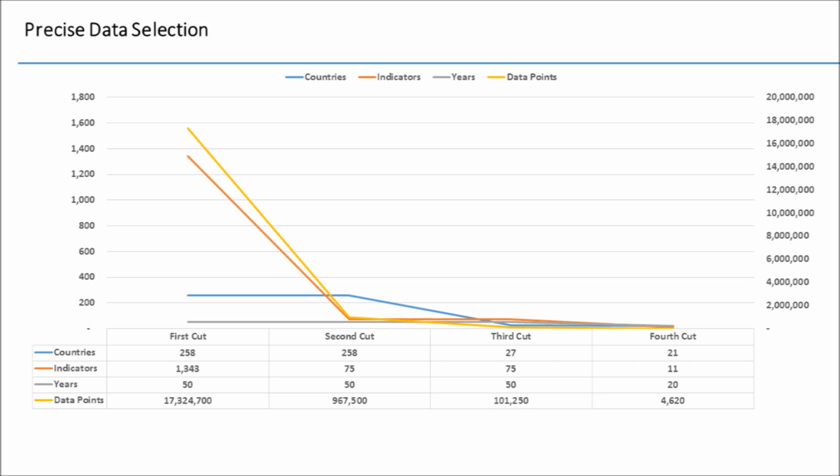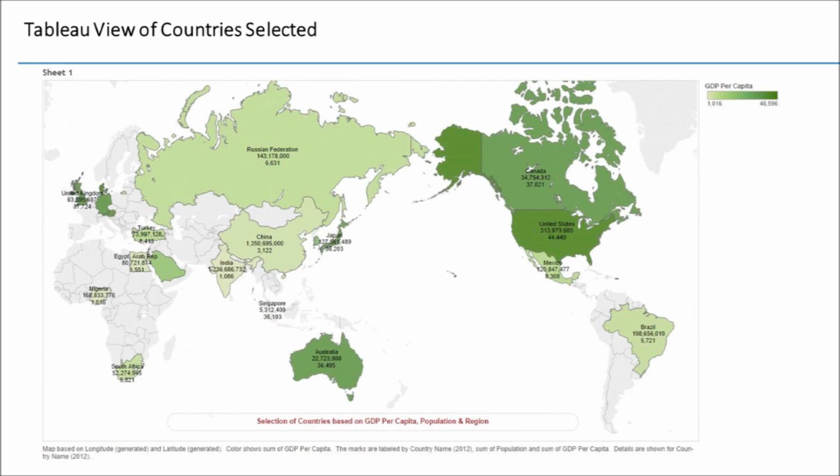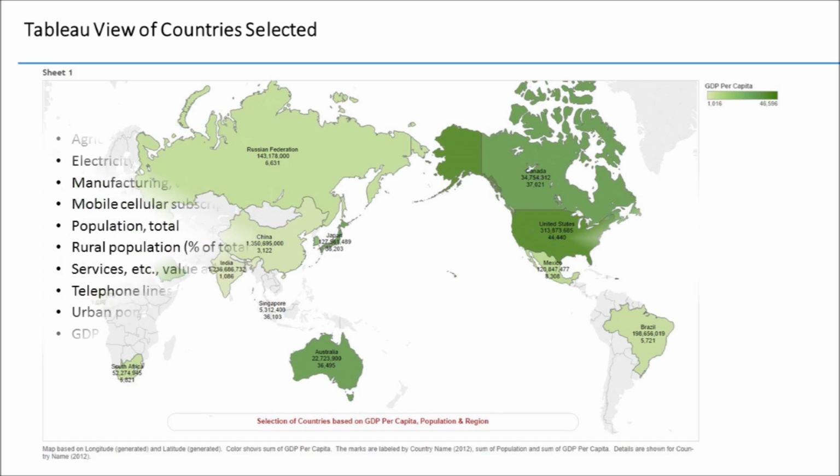We came down from 17.5 million to 4,620 data points. This is the list of the 21 countries presented in a world map view, and this is